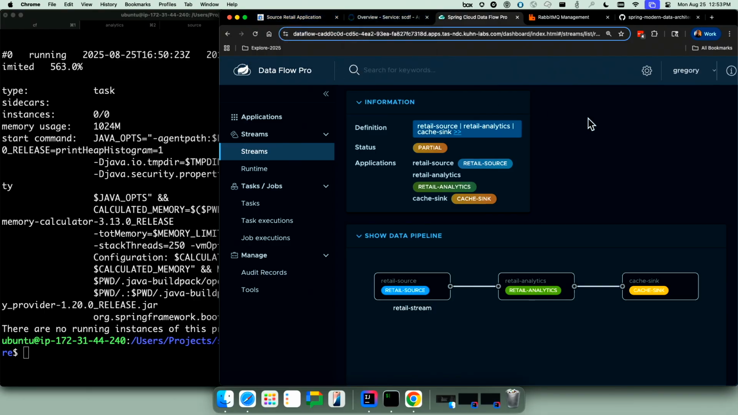Good. All right, so we got the two sets of apps deploying. One in Data Flow, I'm deploying them, and now we have the apps that I use the CF push command with. Now, what I want to do is show you how easy it is to scale up